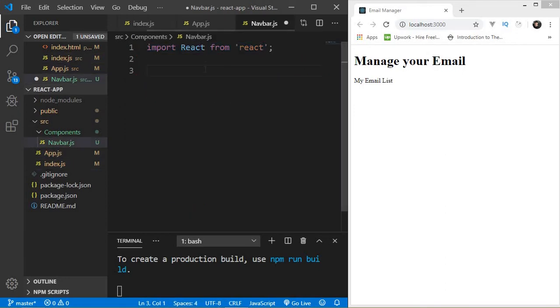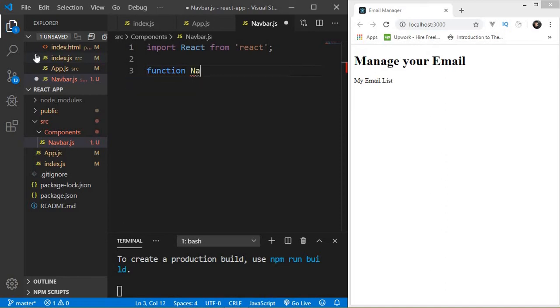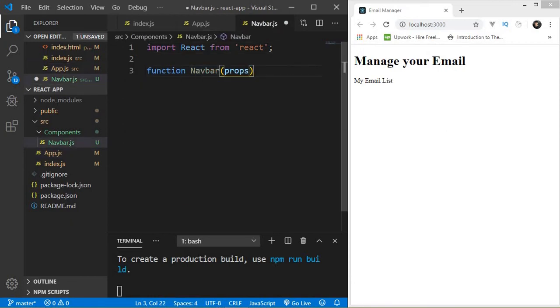This is a good example where you can use a functional component instead of a class-based component, because this is going to be a simple navbar and it won't have any state. So let's just create a functional component. A functional component is basically a function. So function Navbar, and it takes props as a parameter. If any other component, let's say app.js, is passing some values to navbar, then this navbar can accept that value with the help of this argument. Right now we are not accepting values, so you can leave that as it is. Later on we'll look at how you can get the values with the help of props, but for now let's just create a function Navbar, and this function returns